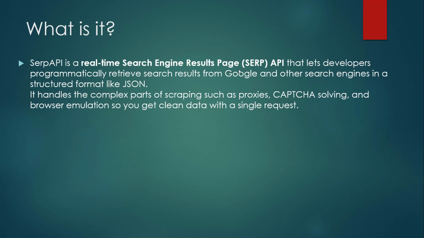So there are two ways. One way is we can directly search on Google and retrieve the result. The other way is we want to use all those results in our program. For example, if you want to scrape something from Google and use it in our project, there is no way that we can go to Google, fetch the things, and then add them into our project. So to overcome that problem, SERP provides an API